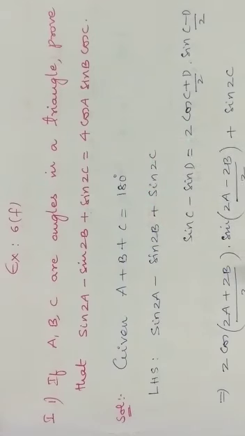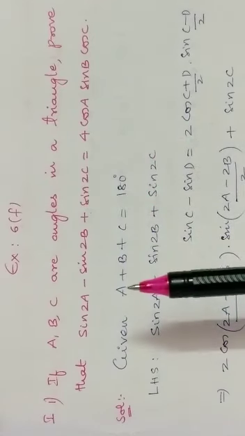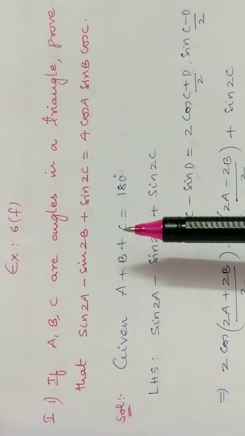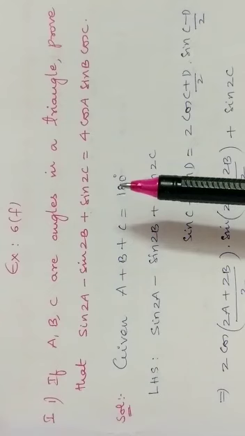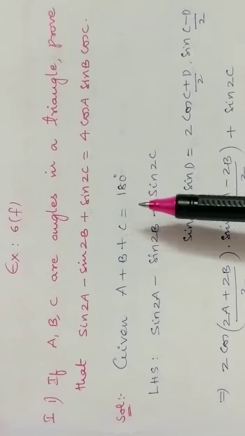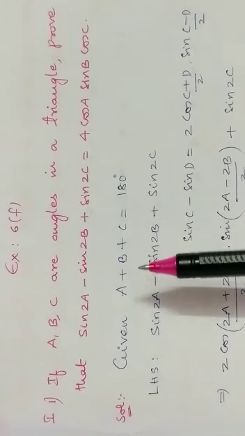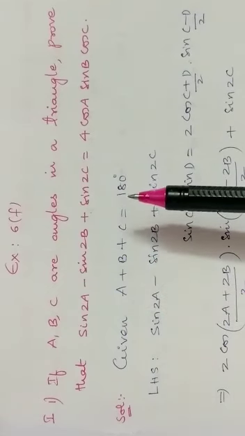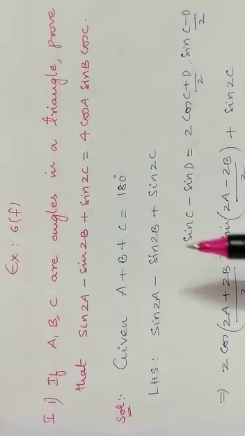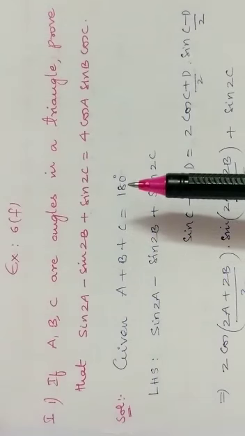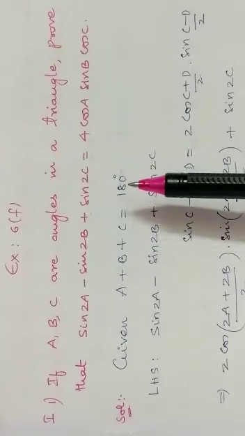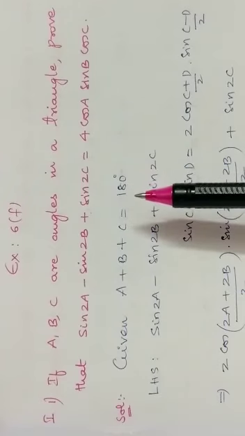There are different models basing on this A plus B plus C. In some problems they will give 90. In some other problems they give 270. Whatever be the given, procedure is same. Even for 90 or 270 or 360, whatever it may be, irrespective of the value here, procedure is same.